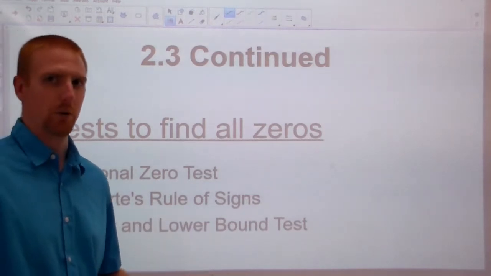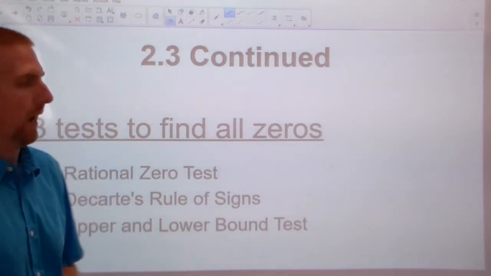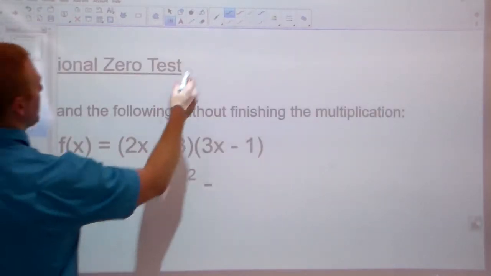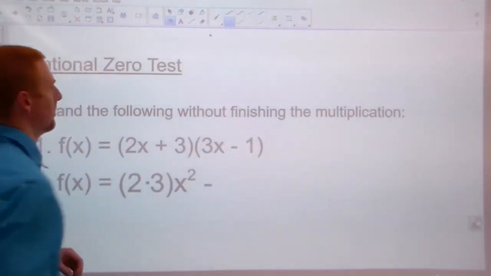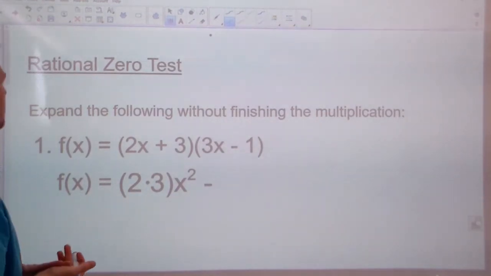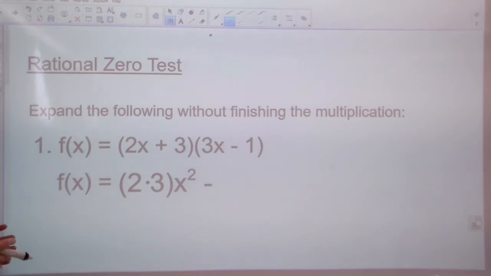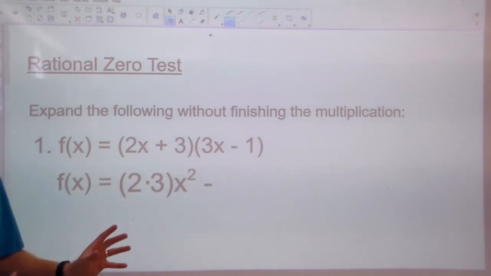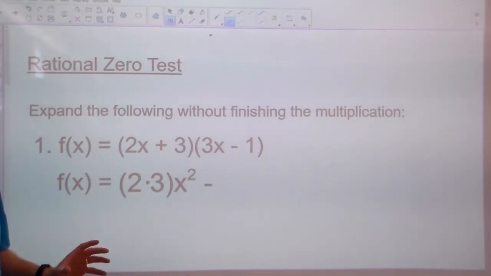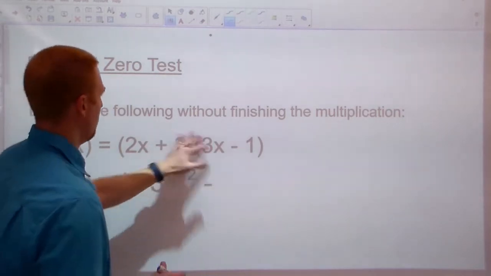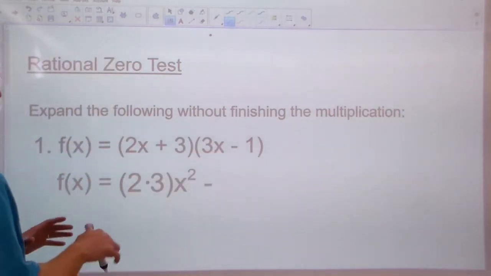If I go too fast, you can pause it, but you can also pull them up later and look at them. So I'm going to try to really explain why these rules work like they do and the way these tests work. First one is called the rational zero test. And what we're going to do, I'm going to kind of lead you through it piece by piece. This might not seem like something you would ever do, but I think you're going to see where it's going pretty quick. So I'm taking a binomial, I'm going to distribute or FOIL it out,